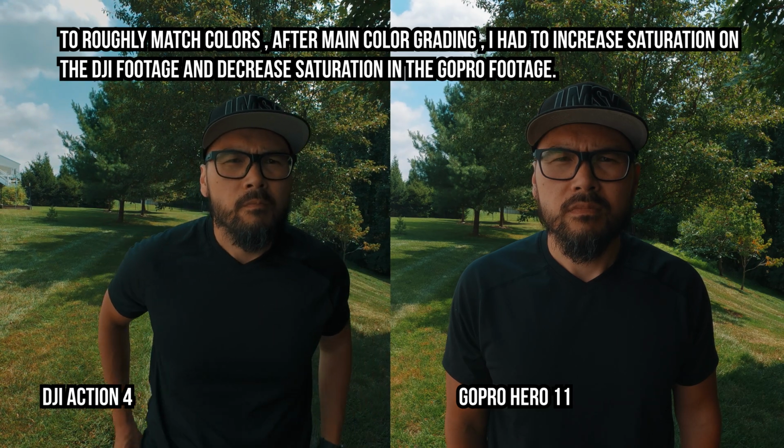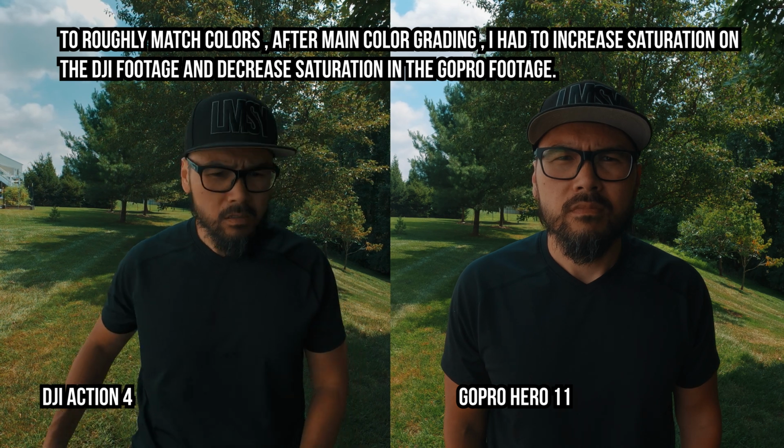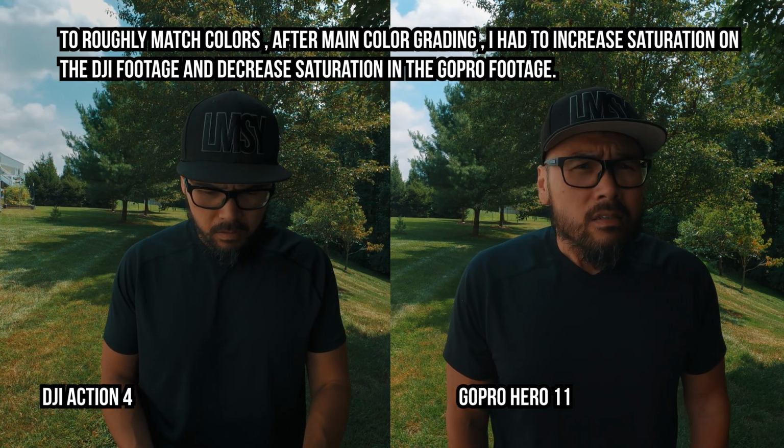I'm a videographer. So when I'm looking at this footage, obviously I'm shooting only in the flat picture profiles. The GoPro, I'm using the flat, and for DJI, I'm using D-Log, because my D is the size of a